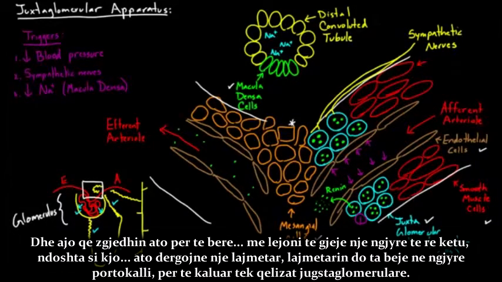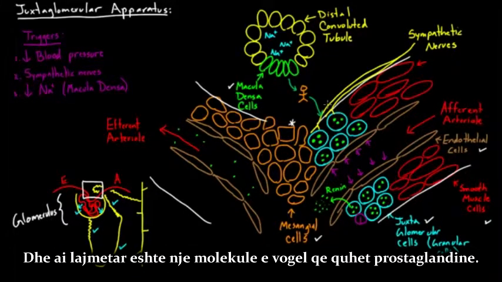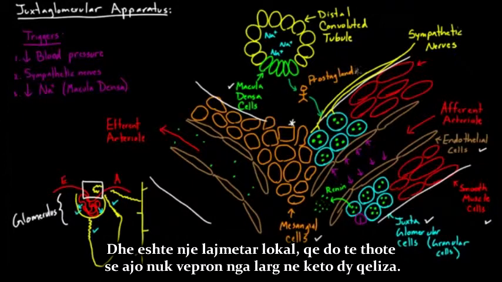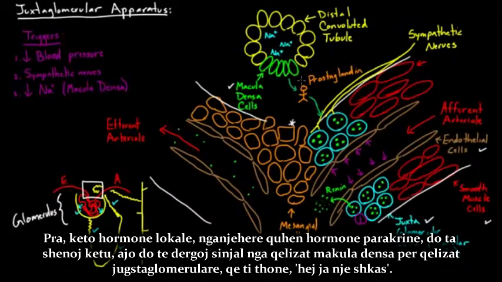And so what they decide to do is, let me find a new color here, maybe something like this, they send a little messenger. I'll do my messenger in orange, to go over to the juxtaglomerular cells. And that messenger is a little molecule called prostaglandin. It's a local messenger, meaning that it really doesn't act far, far away from these two cells. It just acts locally. So this local hormone, sometimes called a paracrine hormone, I'll write that here, paracrine hormone,